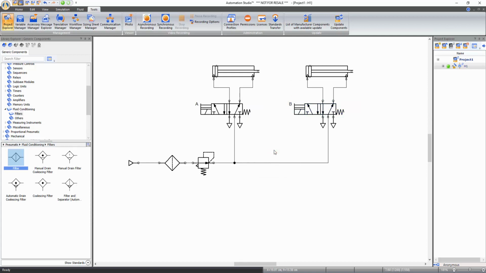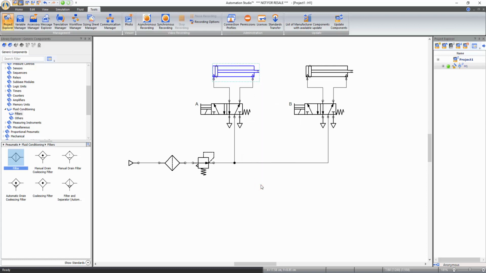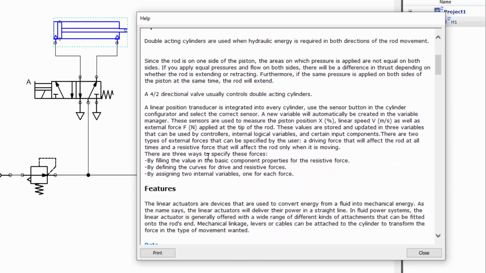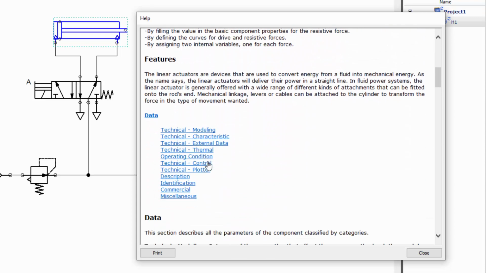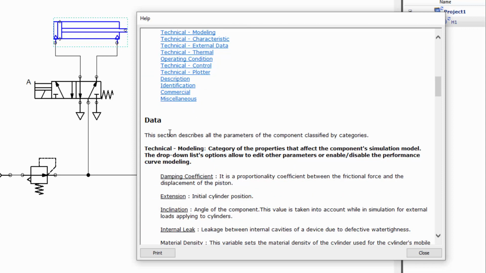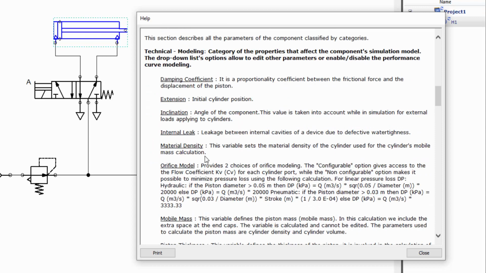All components in Automation Studio also have a help file describing their functionality. Right-click on a component and select Context Help. In this window, you can get information about the operation of the component and its features. This window also provides a description of each property of the component available in the Data tab of its Component Properties window, such as properties related to its modeling,